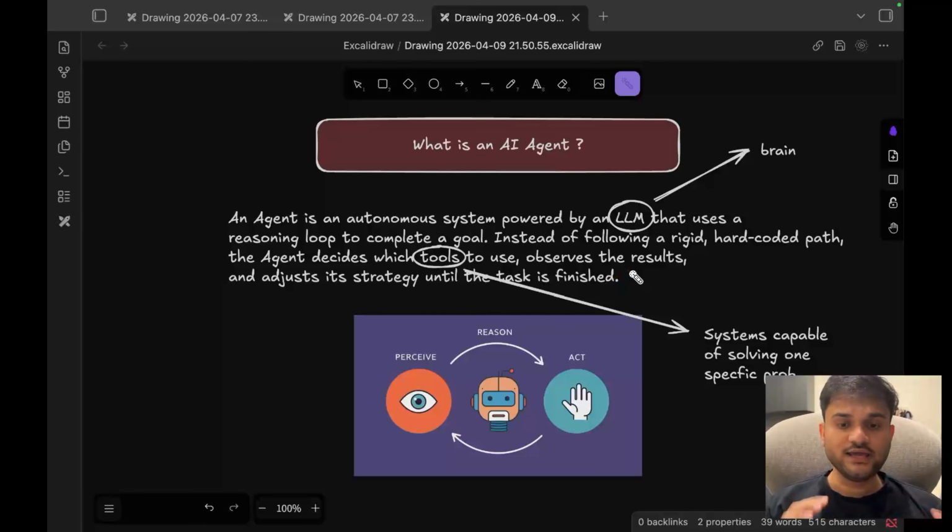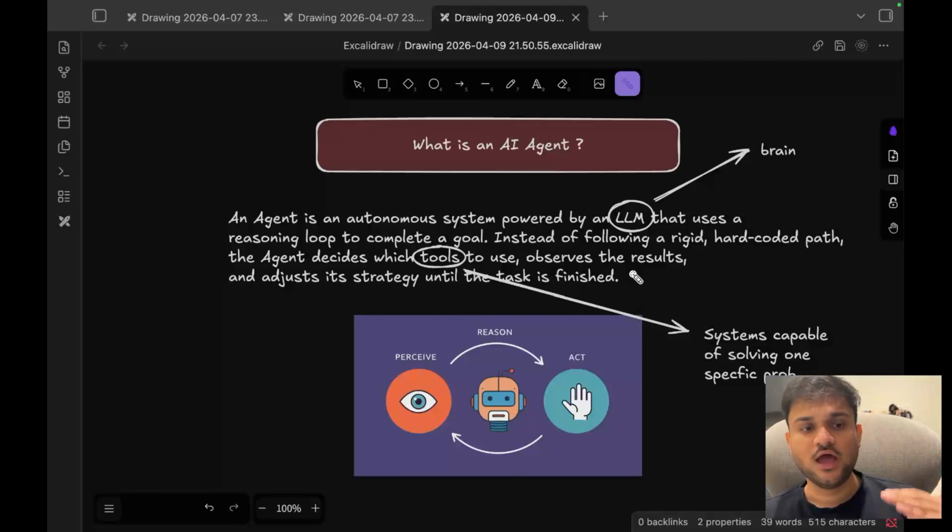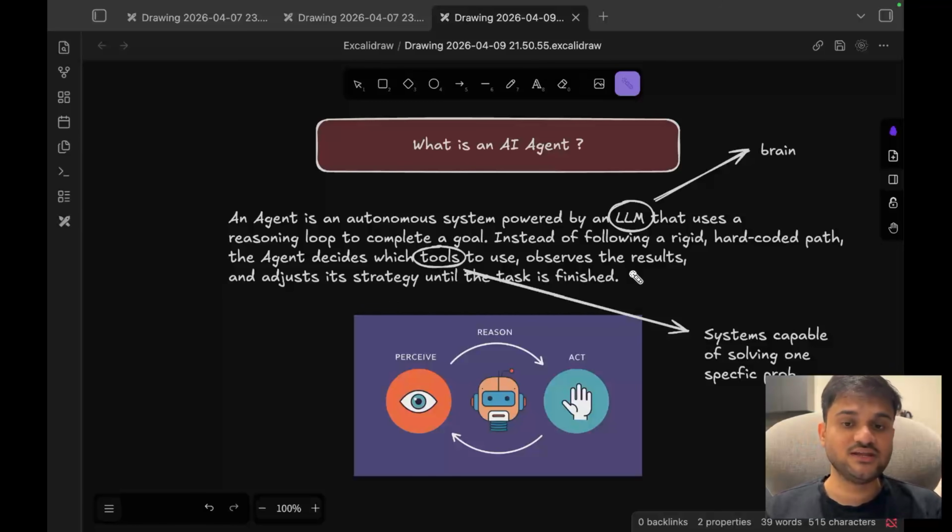So think about it like a team. In a team, you are the team lead and you have a couple of engineers with you. Every engineer has a very specific capacity and very specific capability. Now if you have a problem in hand, you will decide how to move forward. That will be your manager brain coming into the picture: I have to do this task, so the first breakdown should be done in this particular way, and this can be very easily done by engineer one. Once engineer one is able to do its set of tasks, I can give the next step to engineer 2 and so on. So you'll be able to plan and decide how to offload your task.